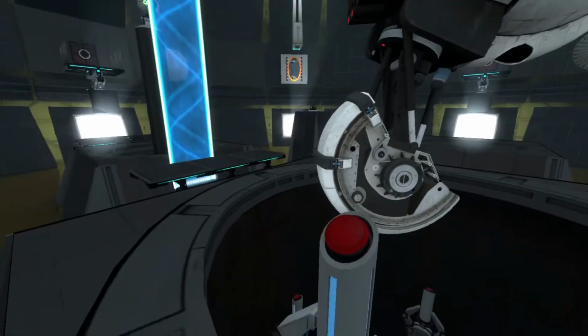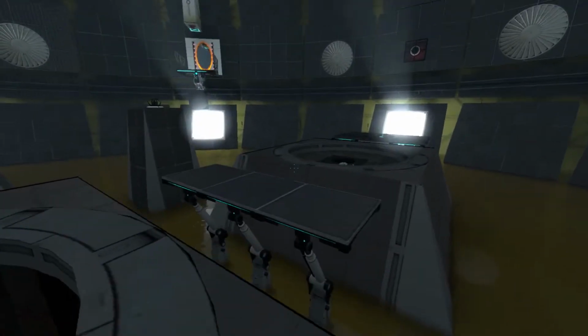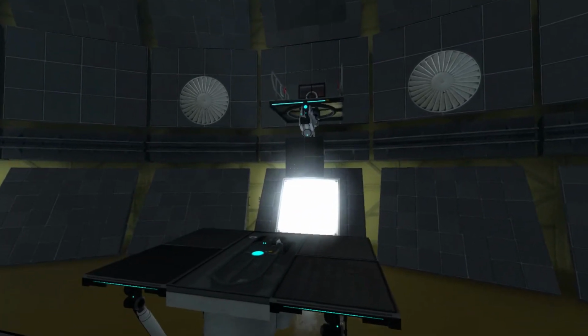Down here, you must jump to the center platform and press the button that has appeared. You're now clear on this phase of the battle. The platforms cycle to have you stand on the other set. And now...